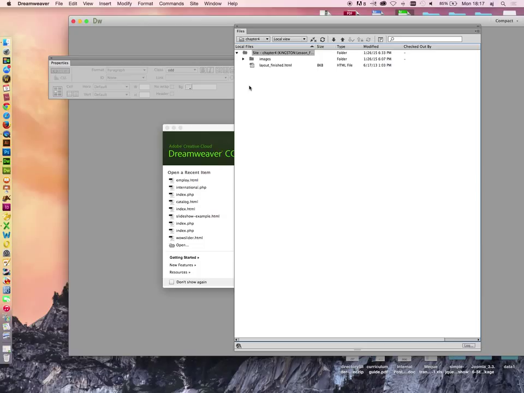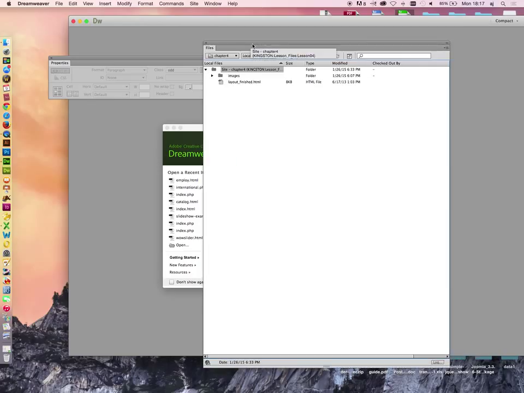So you got 2 images. Notice that the 2 images that you have are within your image folder. So there's an image folder that's set up. So it's proper housekeeping. We like that. Remember, we like to have like files and like folders. If we have more than 1 or 2 CSS style sheets, we'll keep those in a folder called CSS. Right? If we have a bunch of images, we'll keep those images in a folder called images. So there you go. So this is made up right now of 3 particular files, 2 images and 1 file that is called layout finished